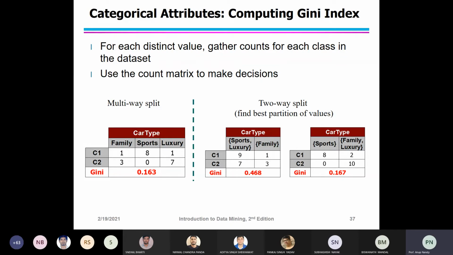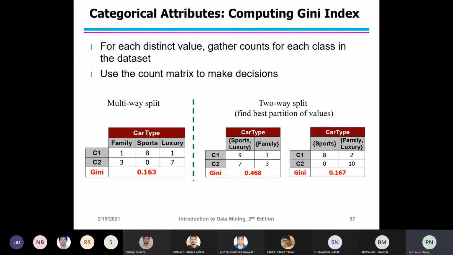For the second one, sports luxury is 0.468, and for the Gini index of family, you have already computed it. Now the weighted average of the Gini index for the grouping will be equal to that. These are the same things that you can apply.